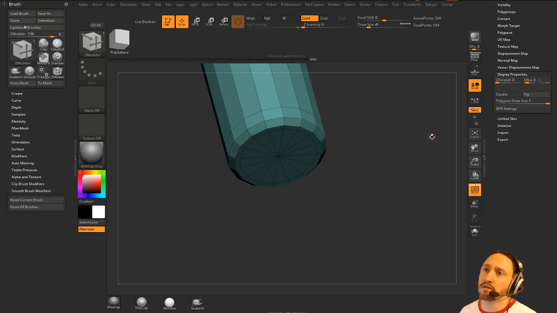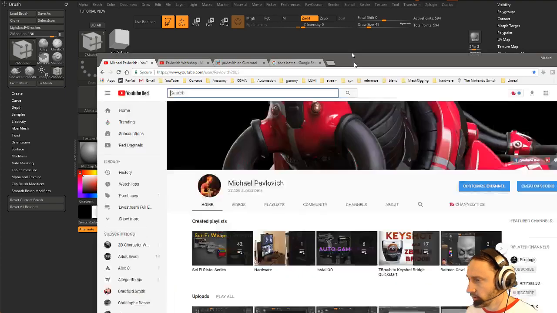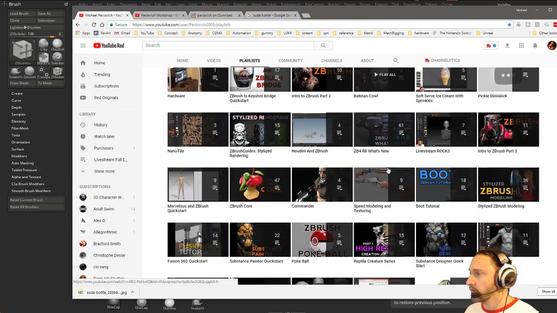Hey Mike, have you ever considered doing a segment of ZBrush to Houdini, setting up 32-bit multi-map UDIMs? Not 32-bit multi-map UDIMs, but I do have a, if you go to the playlist here, there is a,